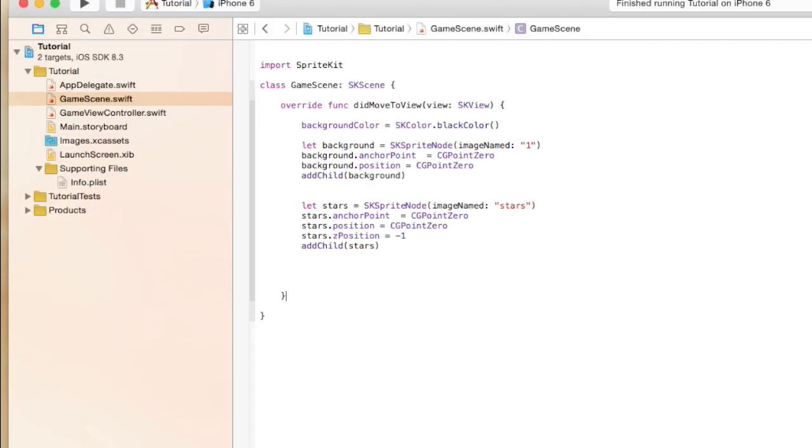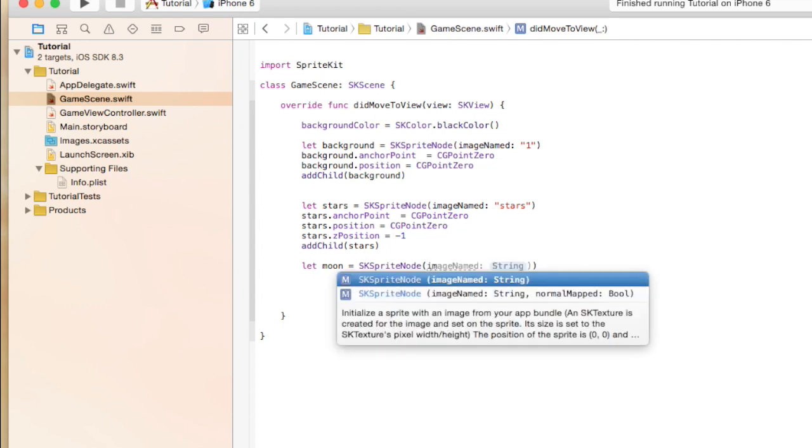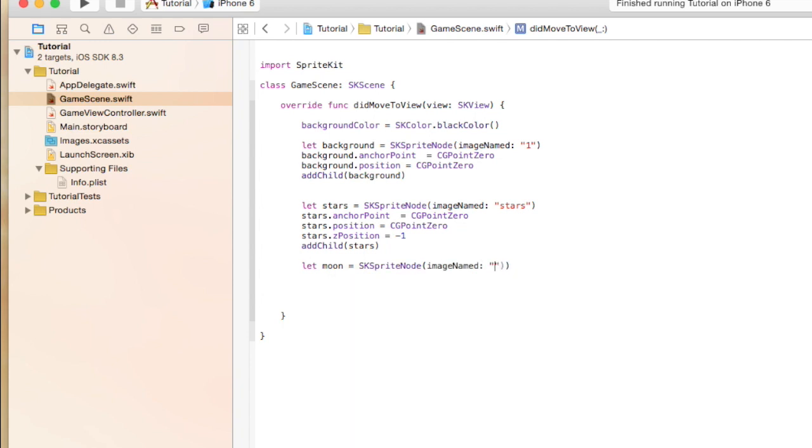All right, so let me find our moon. Okay, so let's see. We're gonna add our moon image. Let moon. You're starting to see a pattern. So we create a constant variable, and we set that equal to a SpriteKit node with moon in it. Okay. Alright. So now, next thing you need to do, just like before, we're going to go moon dot